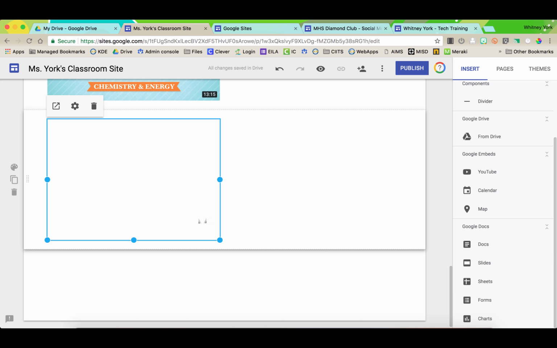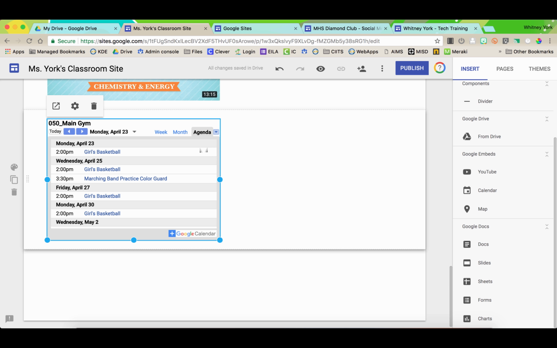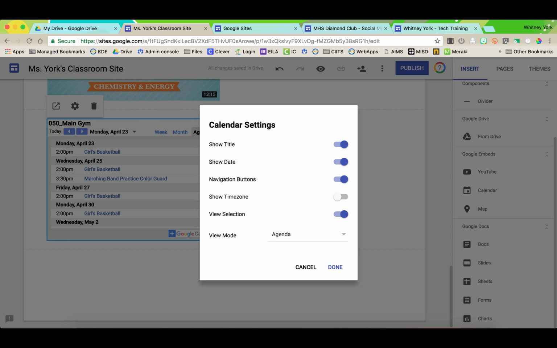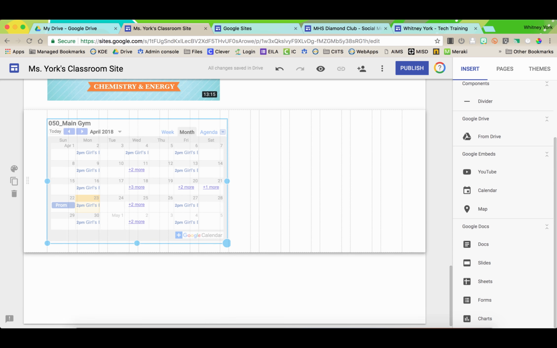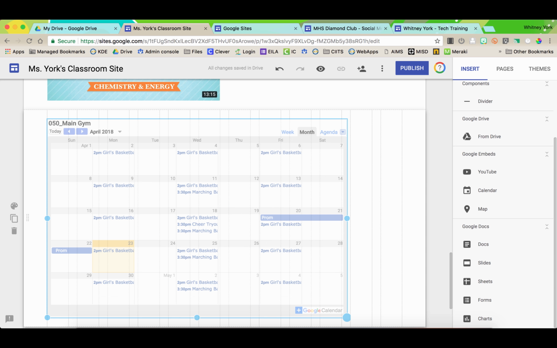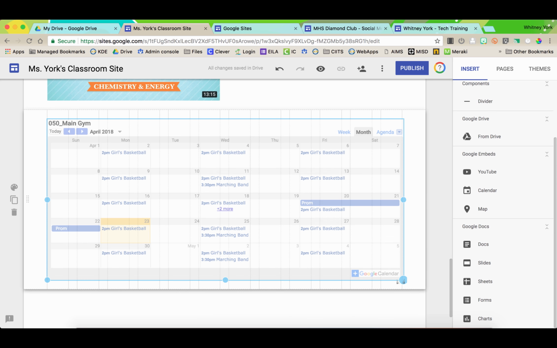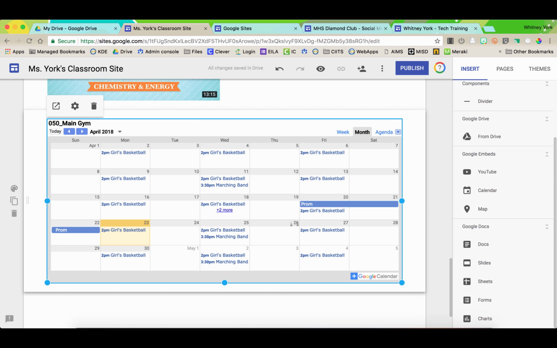I'm going to click Insert, and it's going to drop the calendar in an agenda view where I just see a list of the events, but I can click my little gear and I can change all of those options. I'm going to switch it to month view because I want to see the whole thing. And there we go. There's my month view of my calendar. I can make it nice and big, spread it out so we can actually read the events, and my calendar's